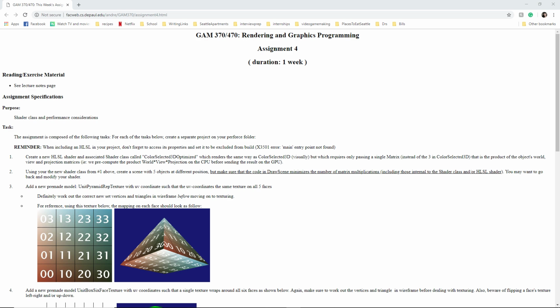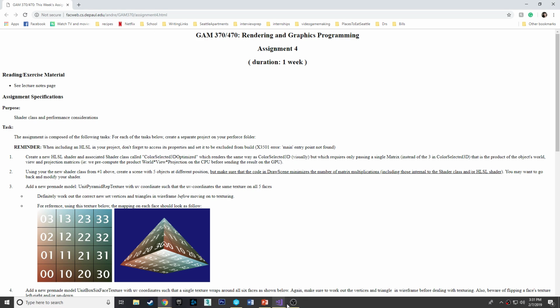Okay, this is assignment number 4. The first question asked us to create a color selected 3D optimized class to use that to pass a single matrix instead of the 3 into the objects world, that is a product of world, view, and projection. So